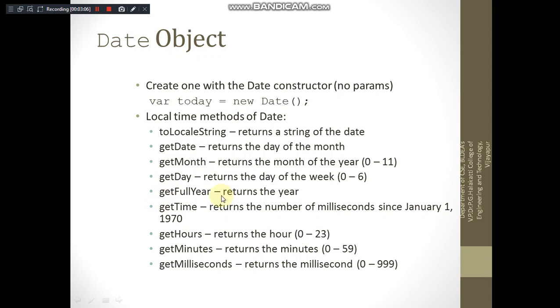So what is the use of the getTime function, that we'll see soon. If you want to find out the amount of time spent to execute a particular part of the code, then you can make use of this getTime function, isn't it? In the beginning you record the time, and at the end of that particular task you again record it by using getTime. If you subtract these two, then you are able to get the number of milliseconds that have elapsed to perform that particular task, right?